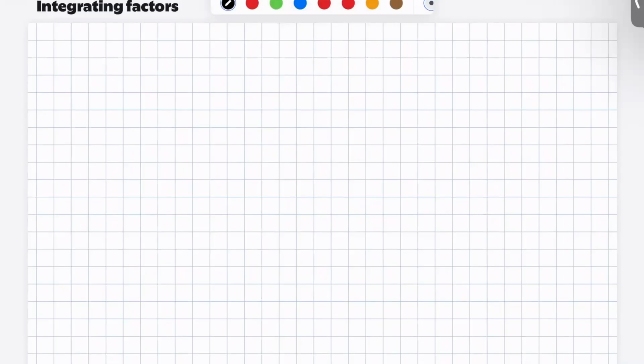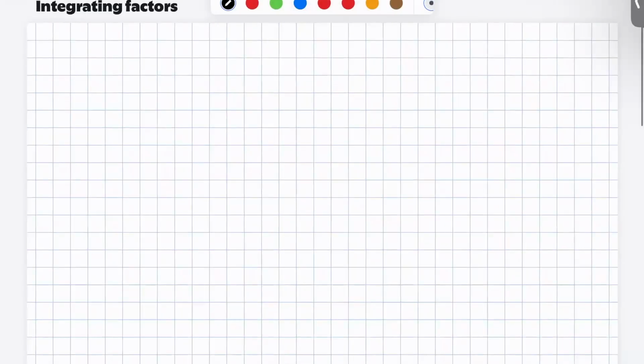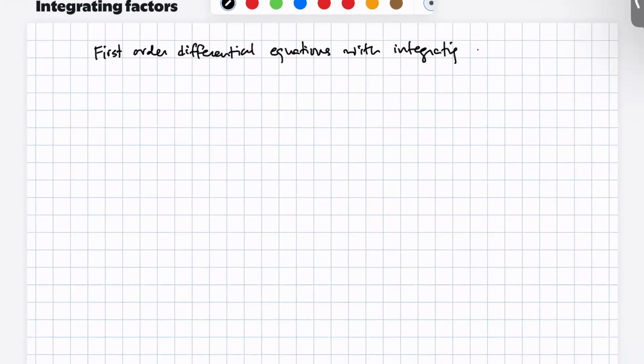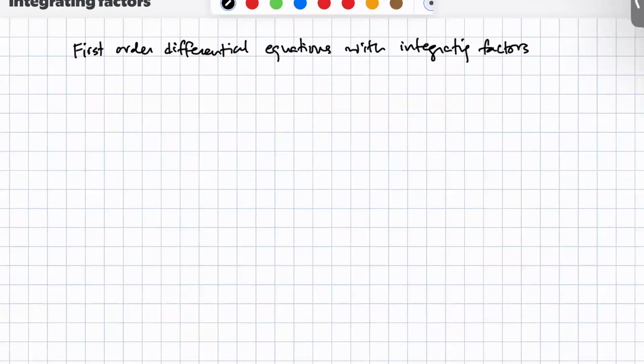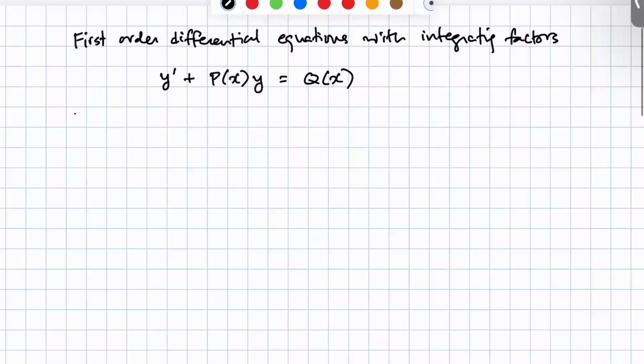In this video, we're going to work on first order differential equations with integrating factors. Now, this differential equation looks like the following form. It has a y prime, it has a function of x times y, and it has another function of x on the other side. So, for example,